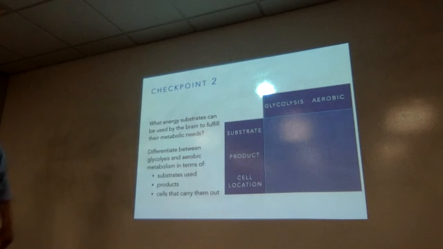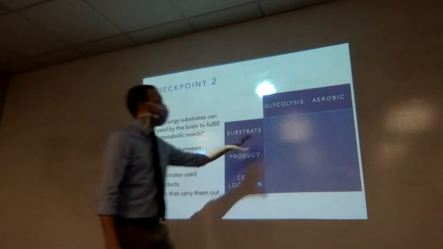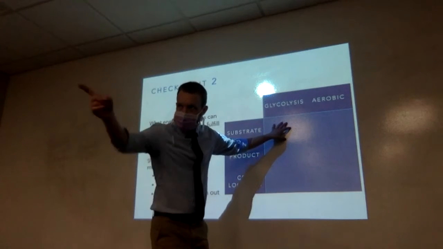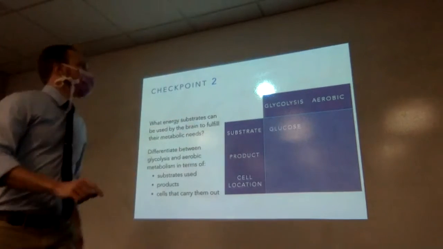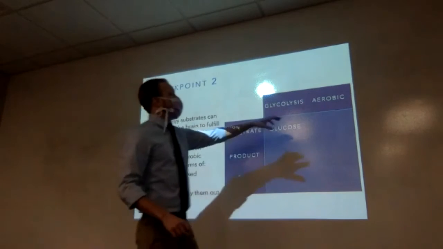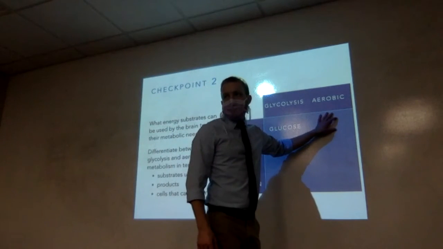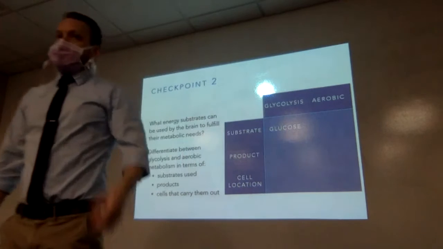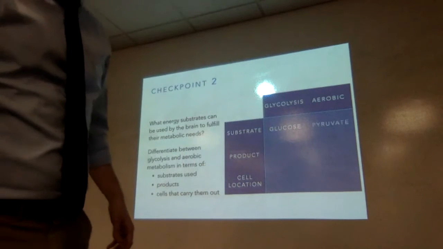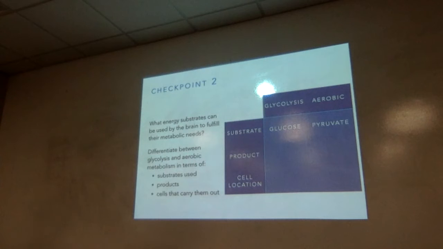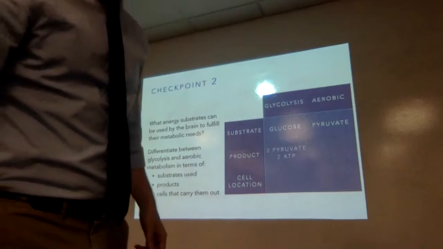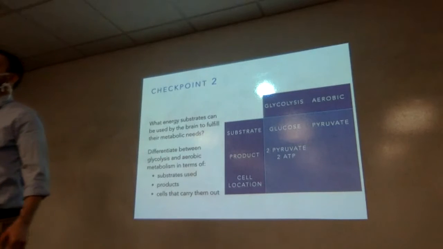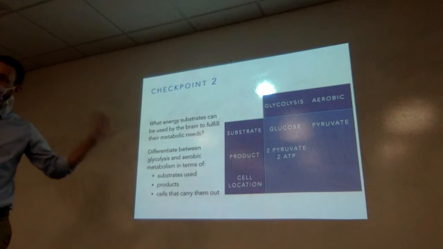So let's start off with the substrates. Start at the beginning. So what are we starting with in glycolysis? Glucose. Thank you. We're going to start off with glucose. All right. What are we starting off with in aerobic metabolism? Excellent. Pyruvate, lactate, same thing. All right, so what are we making in glycolysis? Excellent. Nothing tricky here. We'll make a little bit of ATP. So this can pay the bills, but not well.